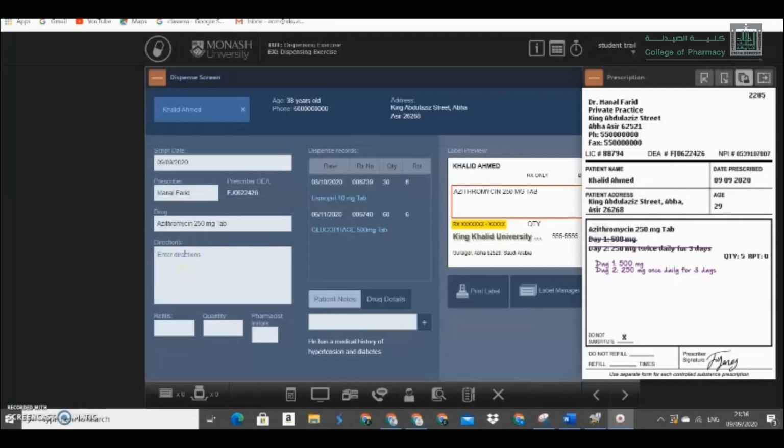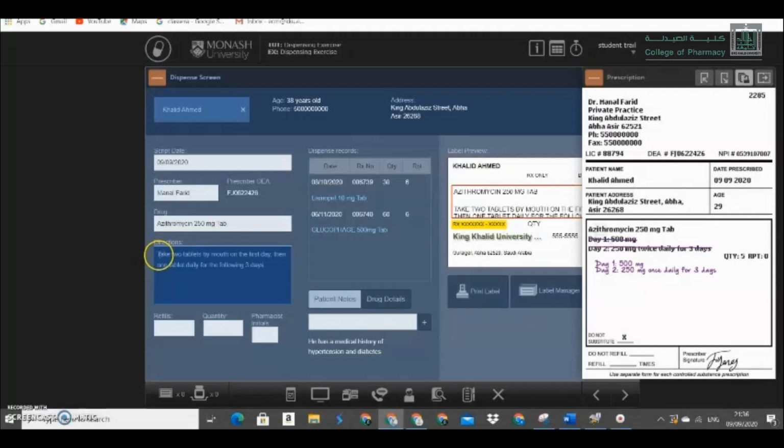In the directions, make sure to write the directions in both languages, Arabic and English. So here's our directions. It must contain a verb, then a quantity, then route of administration, then frequency,